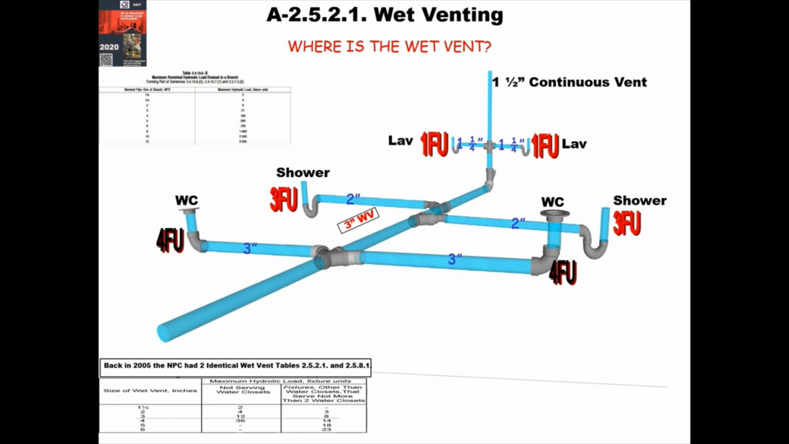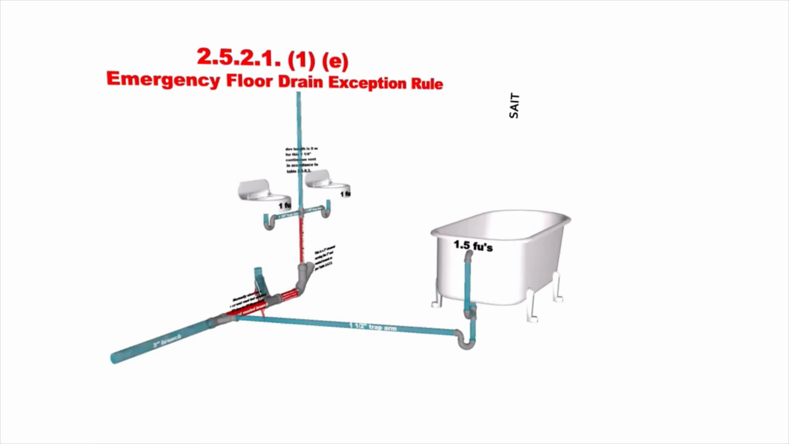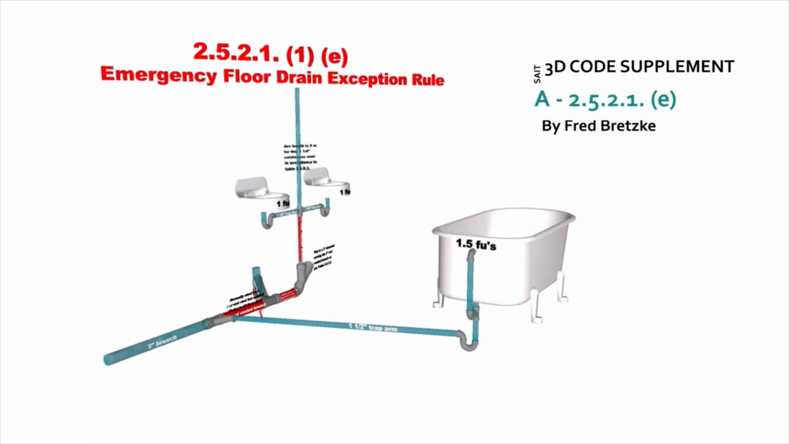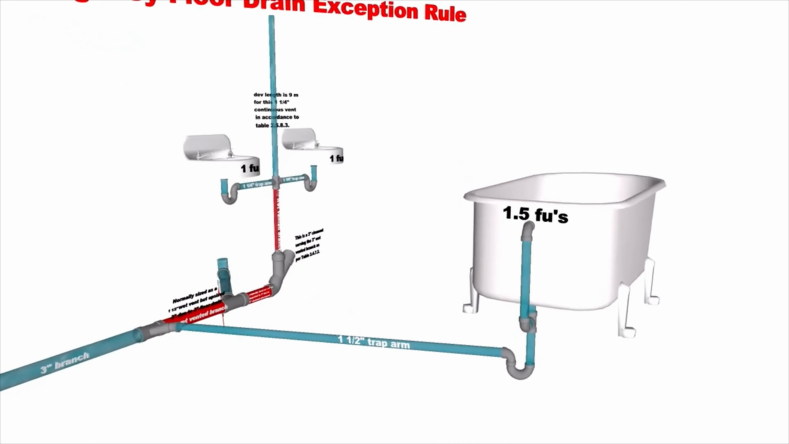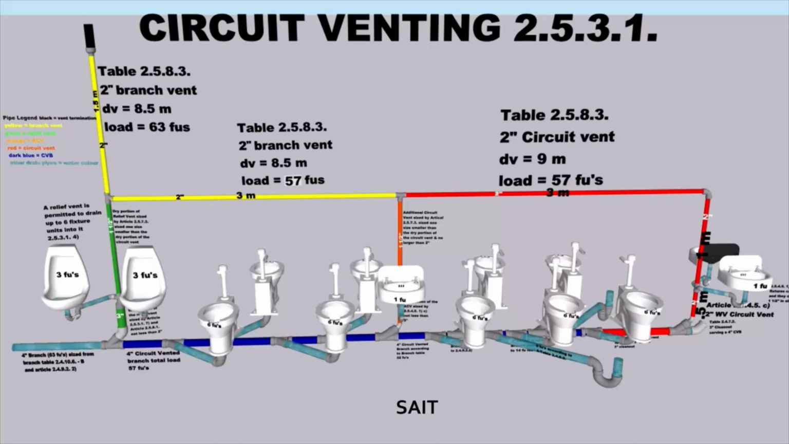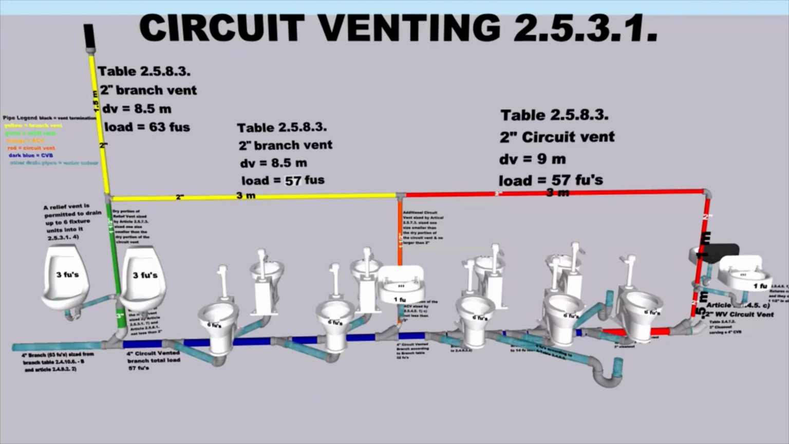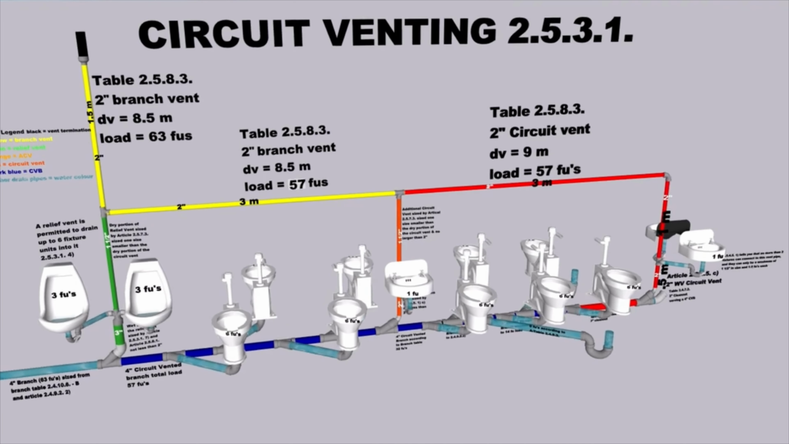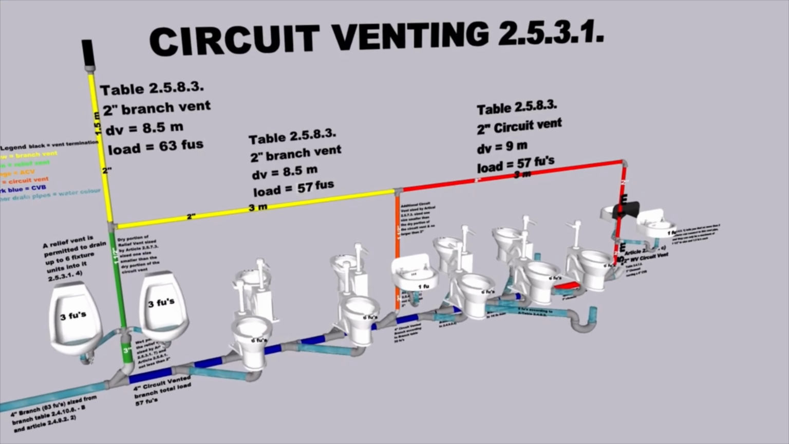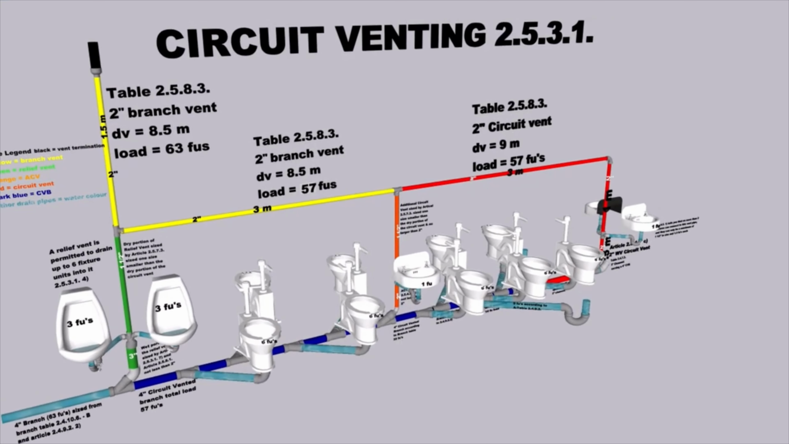Now next, where do you think Article 2521E indicates that trap arms and fixture drains connected to the wet vent must not exceed? There are 11 articles on circuit venting in 2531. We will illustrate most of them in this animation. Circuit venting in plumbing systems is a technique that allows for the venting of multiple fixtures while reducing the number